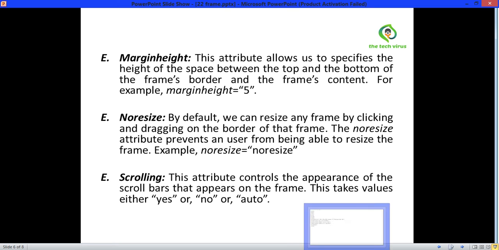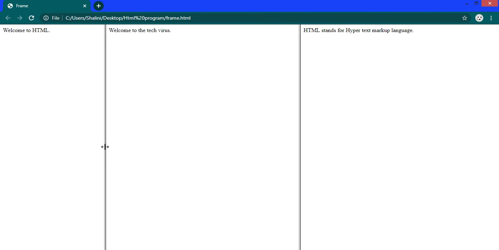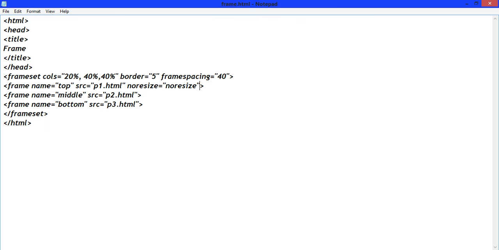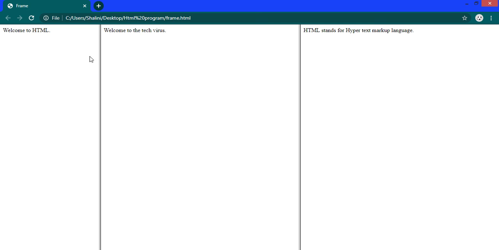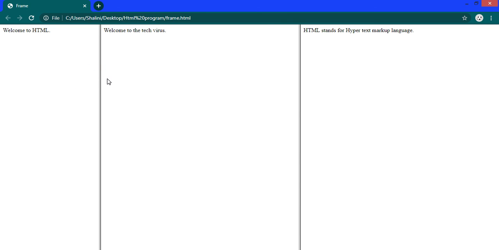Right here, noresize equals to noresize. Save it and now drag it. Okay, save it, run it again. Now resize it. See, now it is not resizable.